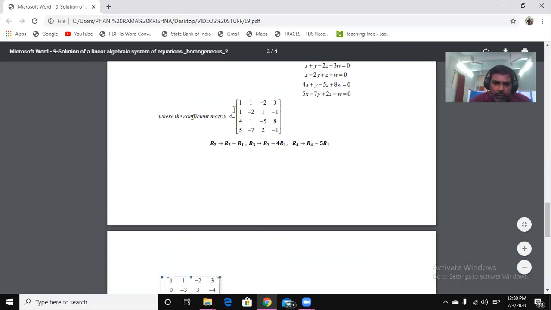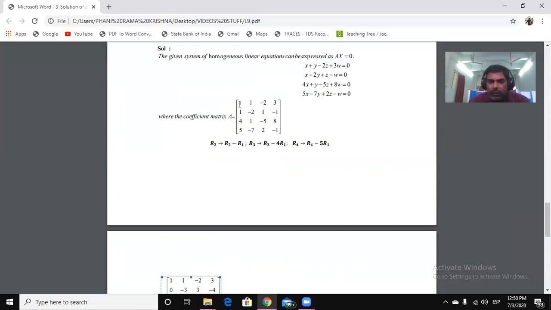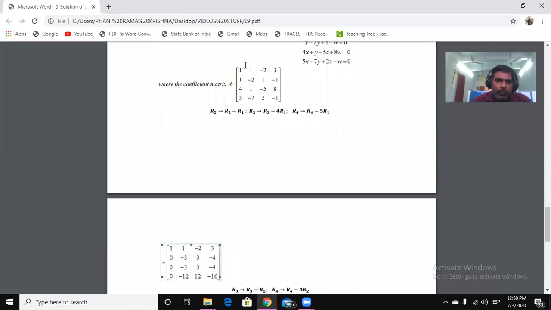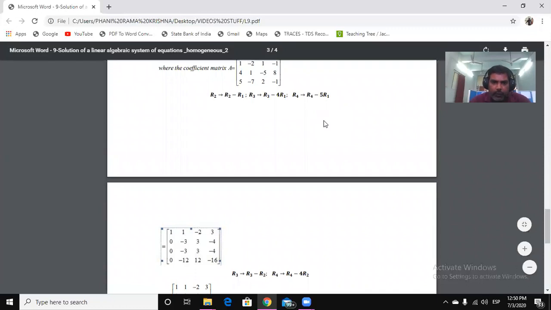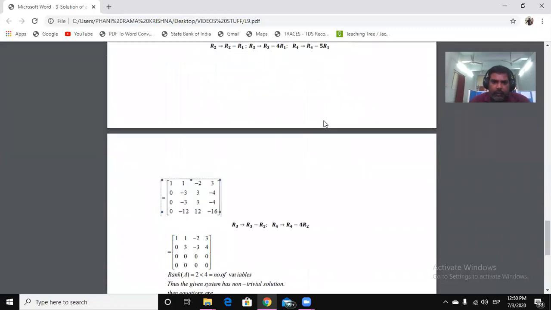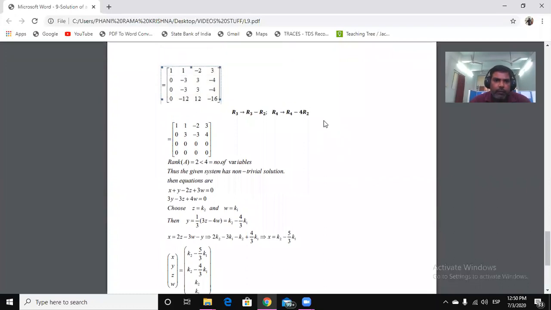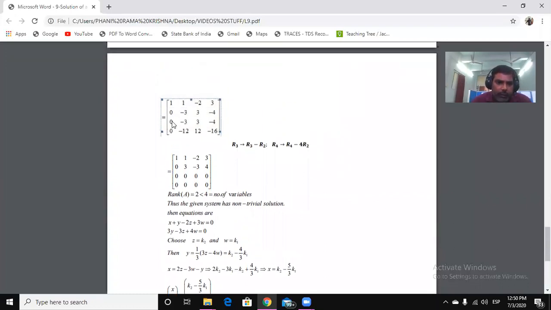What I am trying to do is I am always trying to make the first row first element as 1. So we can interchange the rows. Now the elements below this, the first column elements 1, 4, 5, I make 0 with the help of row 1. So this is the operation. With this row operation, now the matrix is reduced like this. The first column elements became 0 except the diagonal. Now the corresponding elements reduced like this.